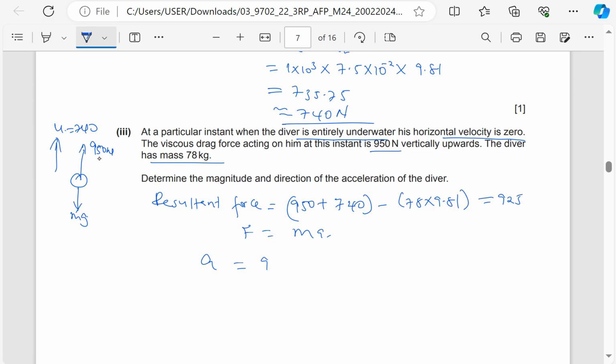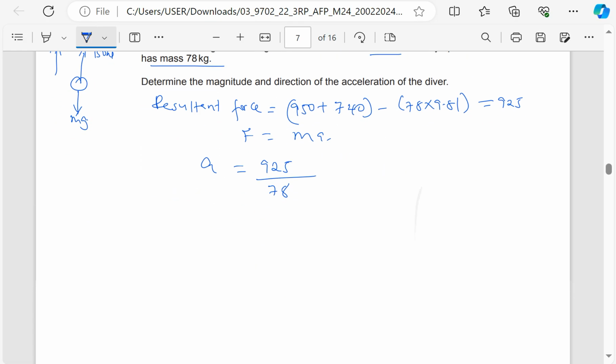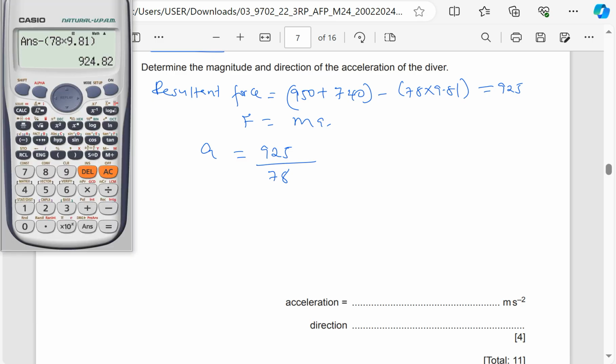So I'll say a is equal to 925, that is the resultant force, divided by the mass, which is 78. So 925 divided by 78. So the acceleration is going to be